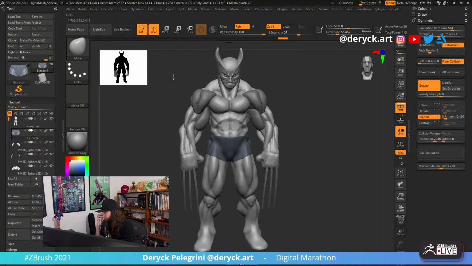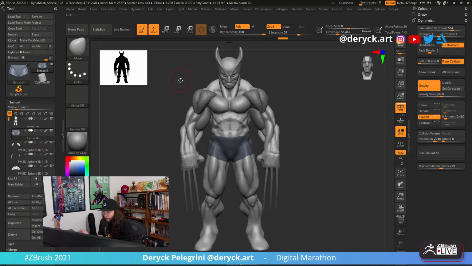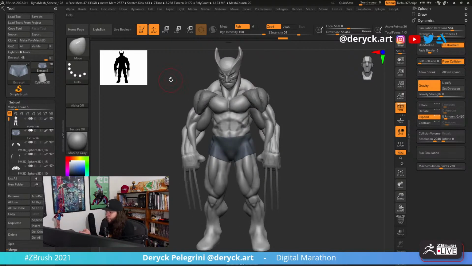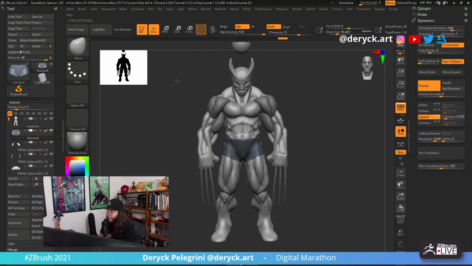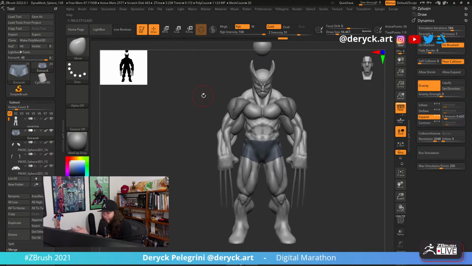So instead of thinking about the final piece, especially on the blockout, you have to think about the structure, and understanding the structure is the most important part, because if you look closely, this model right now is basically exactly the same model from the beginning of the stream, where we had only spheres.